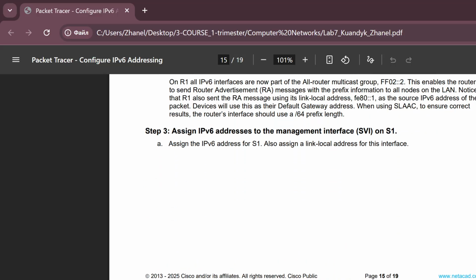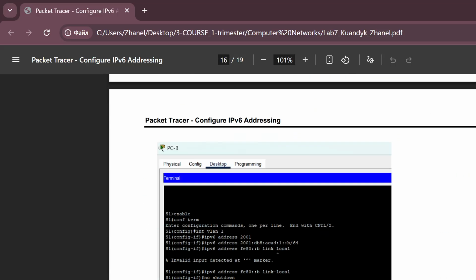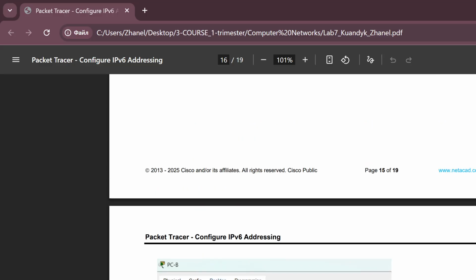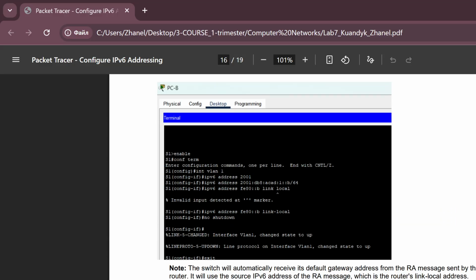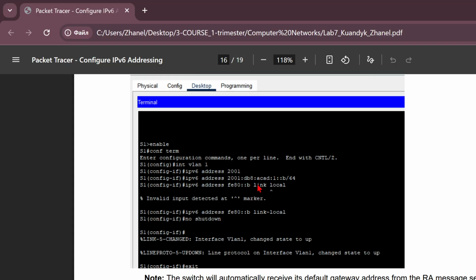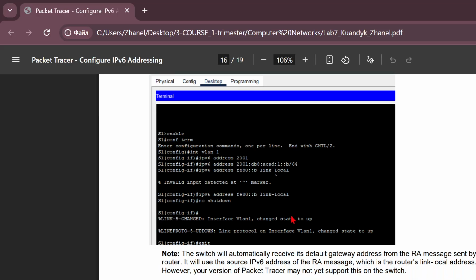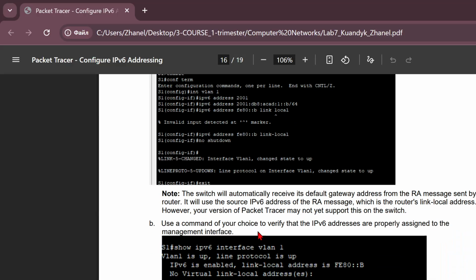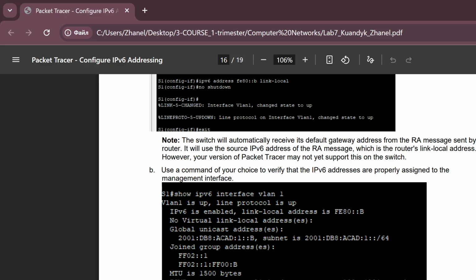So step 3, this is the same step for the switch. We also use IPv6 addresses and also the same step for now, check it, and we have the joined addresses, and then